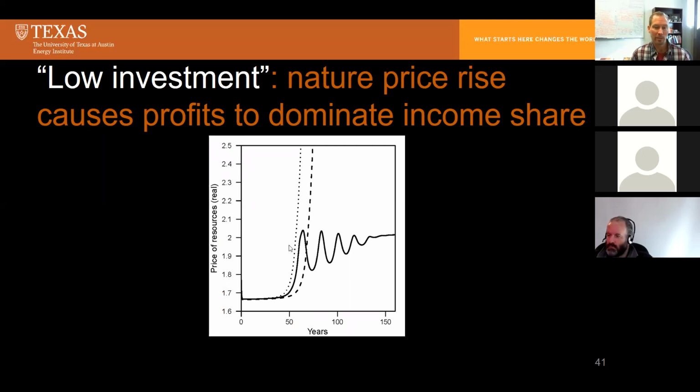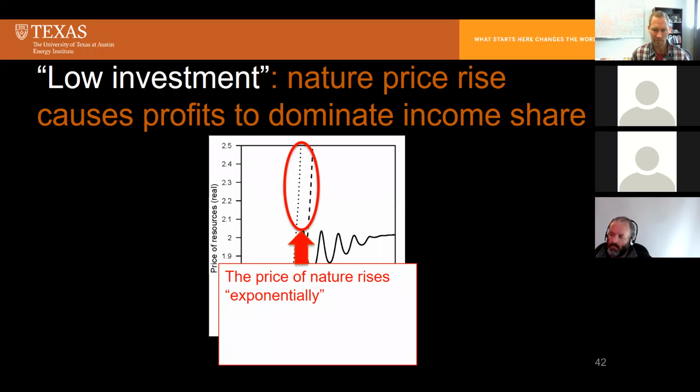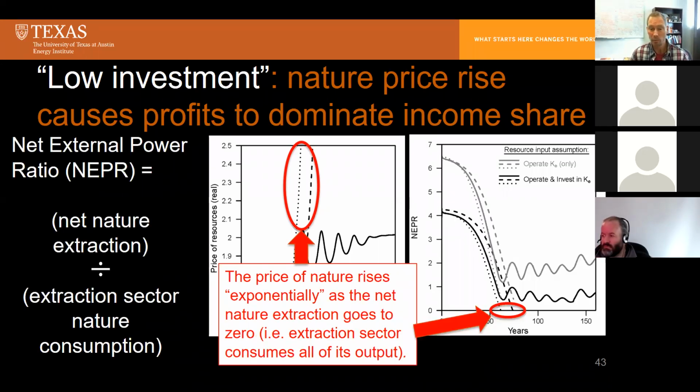So here's the low investment case, which I'm going to just highlight here. Here's the real price of resources in the model. Again, the dashed line is the low investment case, and the price of resources starts increasing exponentially. If this price of nature is rising rapidly and then the system collapses, one way to understand this is from the net energy context. So I have this NEPR, or net external power ratio. Some people refer to this as energy return on investment, but it's essentially, as specified on the left in simplistic form, net nature extraction, how much nature is getting extracted minus what the nature extraction sector requires itself, divided by the total extraction of the nature